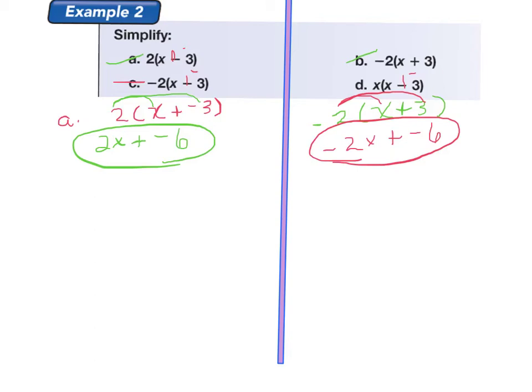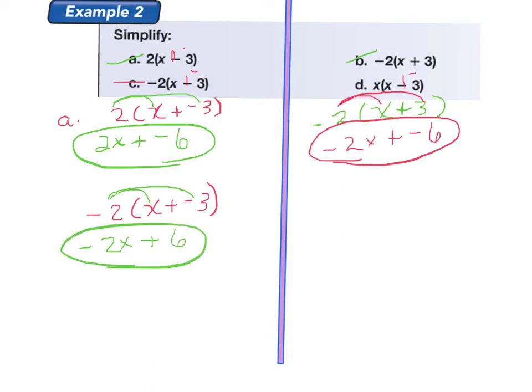For C, we have negative 2 times x plus negative 3. We're going to use distributive property. Negative 2 times x is a negative 2x plus negative 2 times a negative 3 is a positive 6. And we are done. The last one on this page is